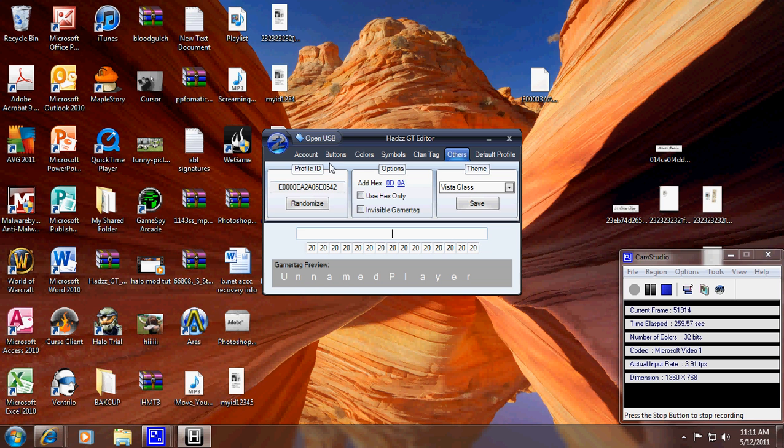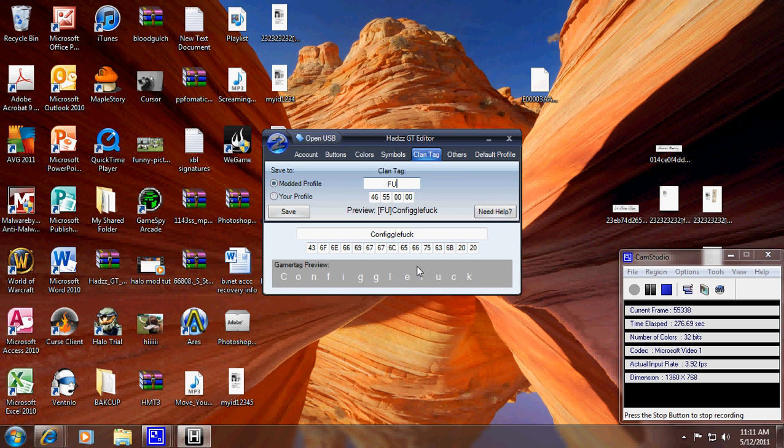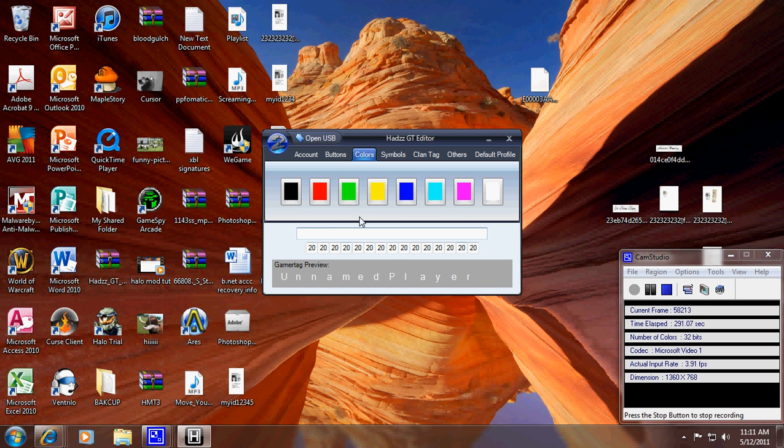But what we're going to do is just create whatever. So we'll go with, configure fuck. That's what it looks like. Clan tag, we'll just put what everyone thinks is cool and just put fuck. Symbols, just whatever you want in here, and that's what will appear down here. So this program is pretty helpful to show the preview, but if you want it to just be all capitalized fuck,